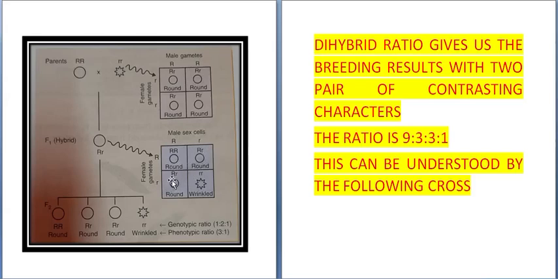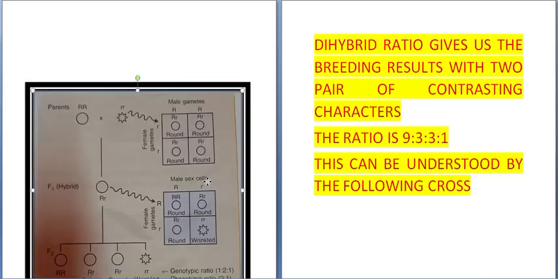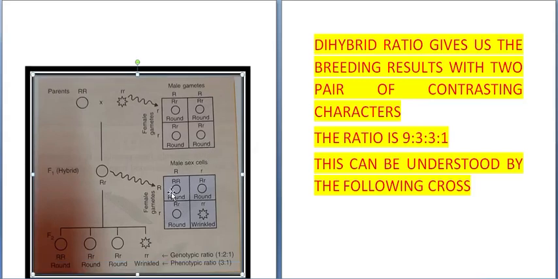In the second generation, there were 3 plants having round seeds and 1 plant having wrinkled seeds. So this showed that the phenotypic ratio was 3:1. But if you looked at the genes, one was capital R, capital R, 2 were capital R, small r, and 1 was small r, small r. Again, the genotypic ratio was 1:2:1.